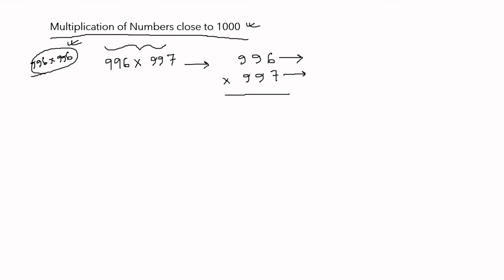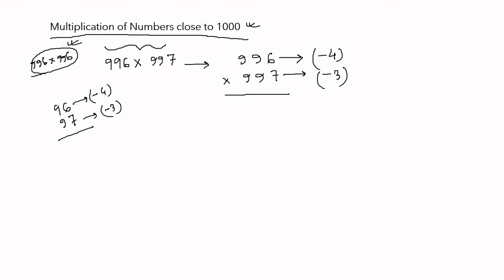Remember, वहाँ पे हम लोग क्या करते थे? Okay, I'll solve it side by side. Let's say हमारा number होता 96 into 97. We would have seen the difference from 100, right? यहाँ पे भी वही करना है. You just need to see the difference from 1000, keeping the signs in mind, of course. Remember, मैं हमेशा बोलता था कि keep the signs in mind. I mean positive और negative को ध्यान देना है.